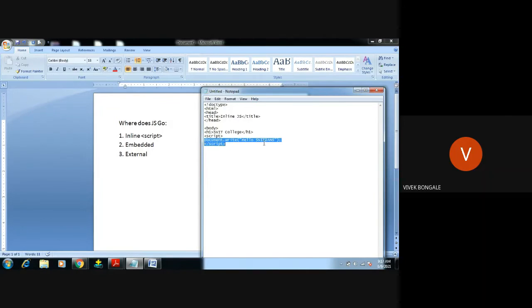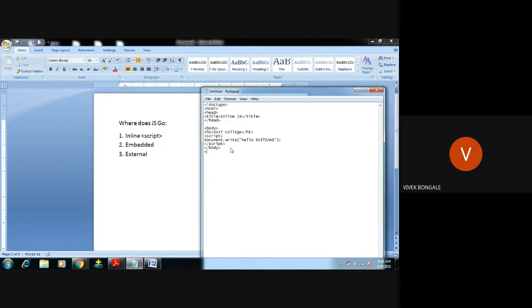The document dot write will write this hello SVTNs and display this statement in the browser window. The statement we write should be included between the opening script tag and the closing script tag. This is what inline JavaScript is.